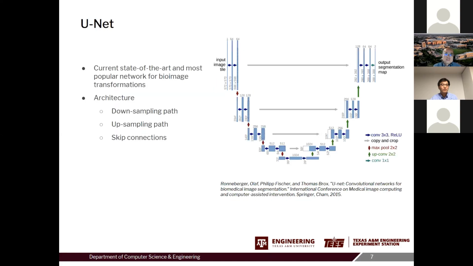In Dingao's talk, he talked about a few models to do image segmentation, and UNet is one of the models. In this UNet architecture, you have an input image, and there is an encoder path and a decoder path. In the encoder path, the input image is downsampled and features are computed. Then there is a hidden representation at the bottom. Then this representation is upsampled to the original size, and there are skip connections in between.